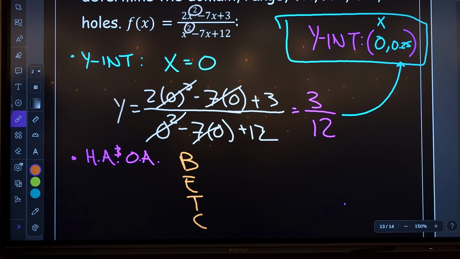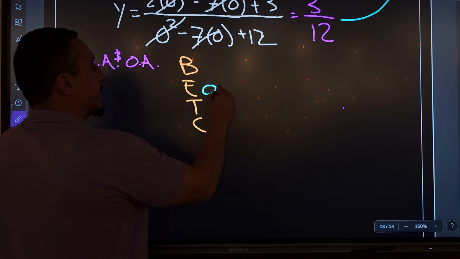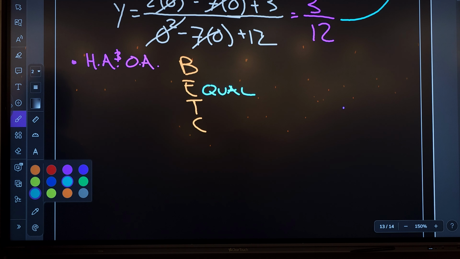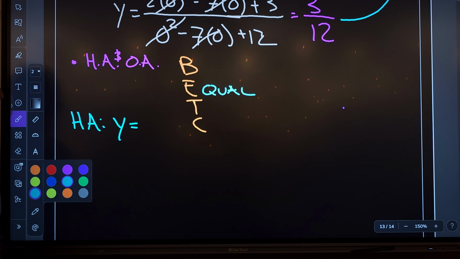The reason it's a Betsy problem is because of the 2's. They're both 2's, which stands for equal, and that means my HA is going to be y equals the leading constants,